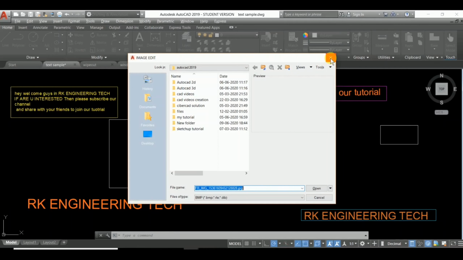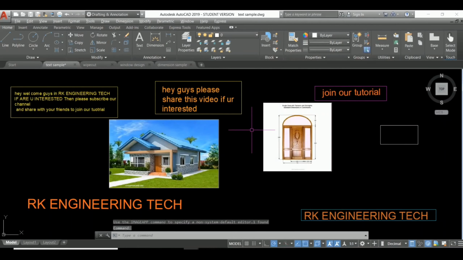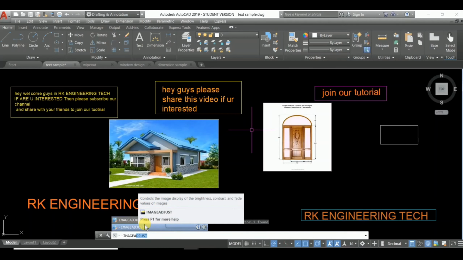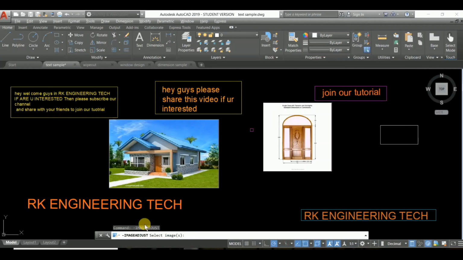Next command is image adjust. So type IMAGE A and D. That's one of the options you have, image adjust, and press enter, and after that select the image.